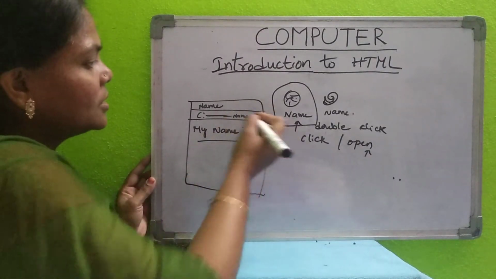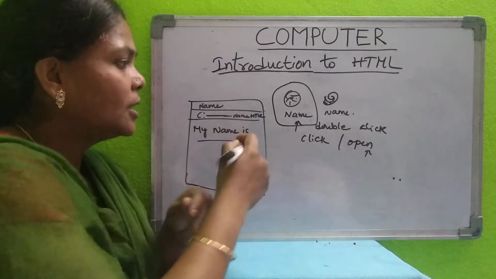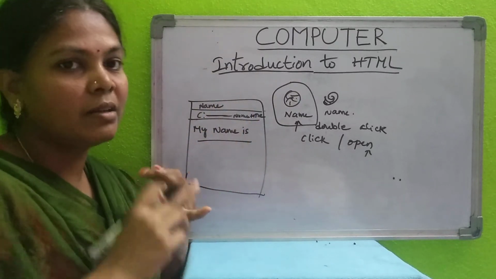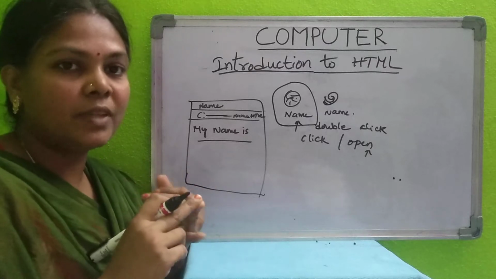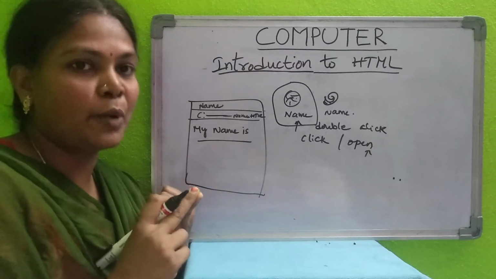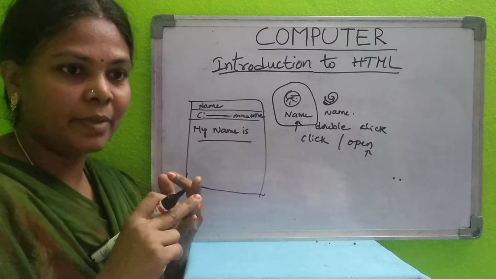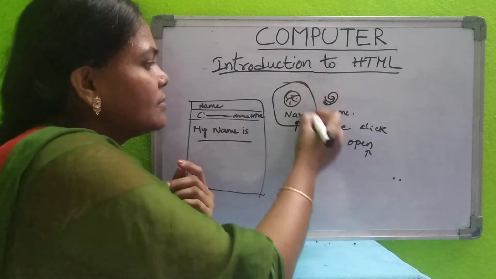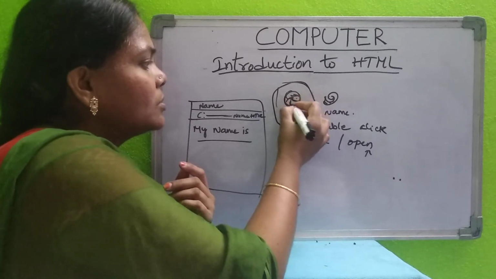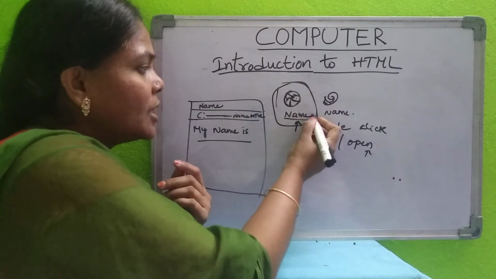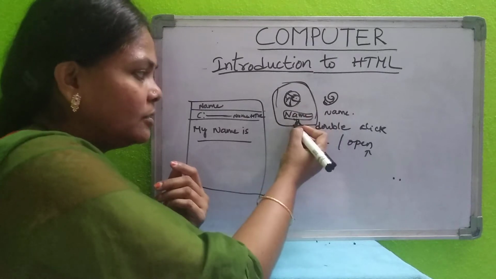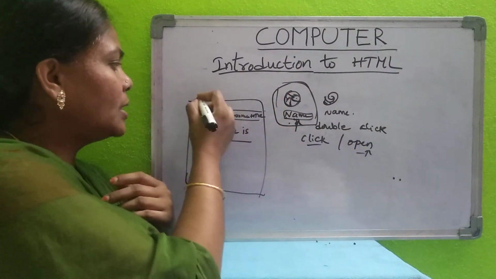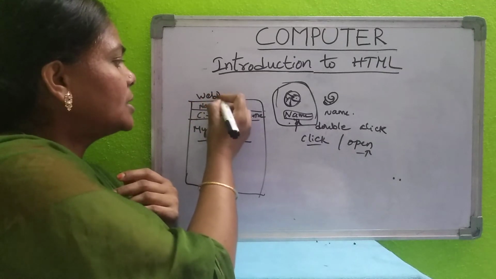Okay, this is viewing our HTML document. So first we have to open Notepad, write the program, save with the extension .html, file name .html, select all files, and save it. After saving, where you have saved it, it is displayed with the web browser symbol and the name. When you double click on that, or click open, you can open your web page. So this web page is displayed.